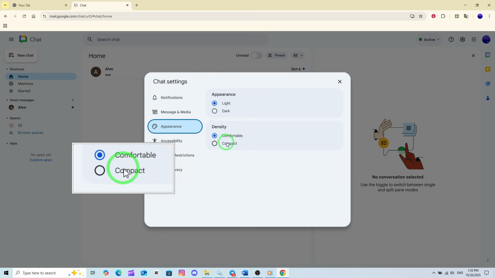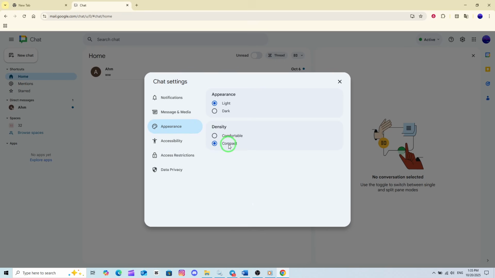But if you want to see more messages at once, Compact is the way to go. Click on Compact to activate it. As soon as you select Compact, Google Chat will automatically adjust the layout. The message bubbles will shrink slightly, spacing will tighten, and the chat list will fit more lines on the screen, all without affecting readability. It's a great option if you prefer efficiency and want to minimize scrolling, especially during busy